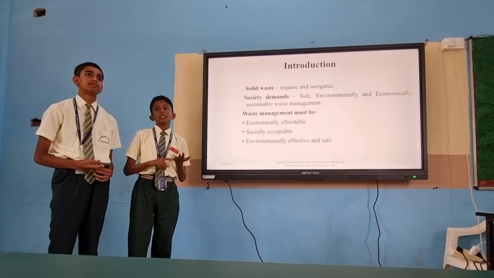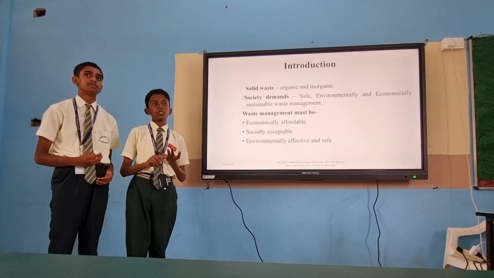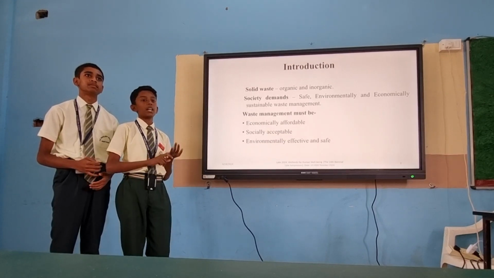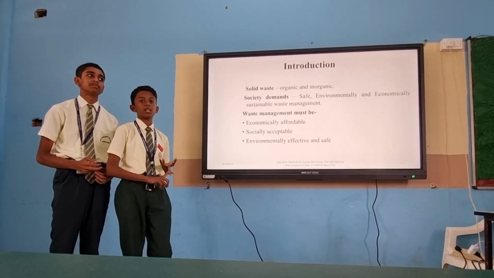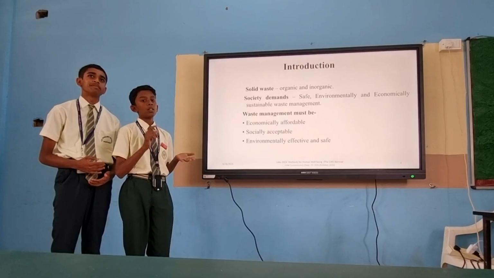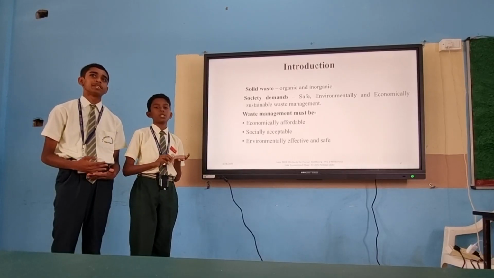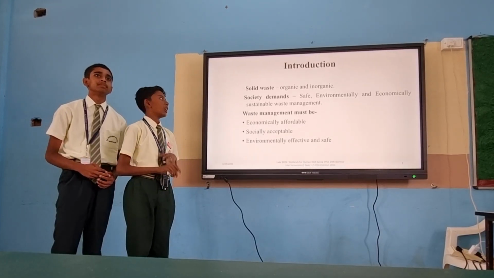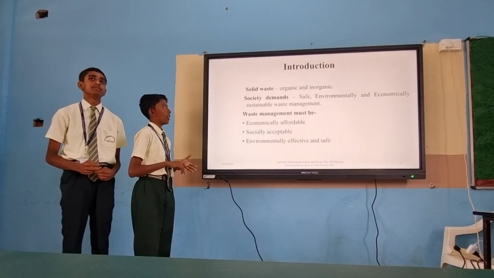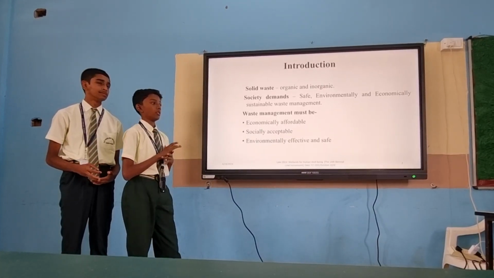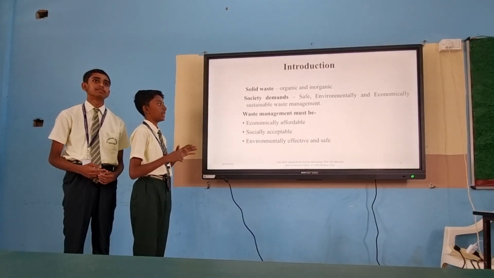With the rapid increase in the production and consumption processes, societies generate as well as reject solid materials from agricultural, commercial, domestic, industrial and institutional sources. These wastes are called solid waste. Solid waste is usually discarded as unwanted or useless. Solid waste is of both organic and inorganic types. Nowadays, society demands a waste management system that is not only safe but also environmentally and economically